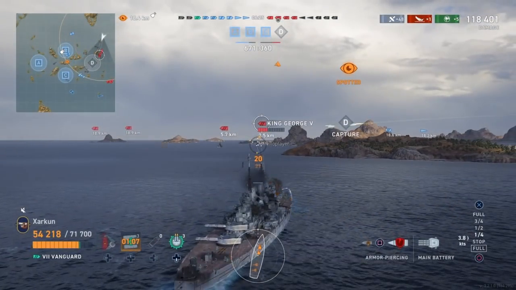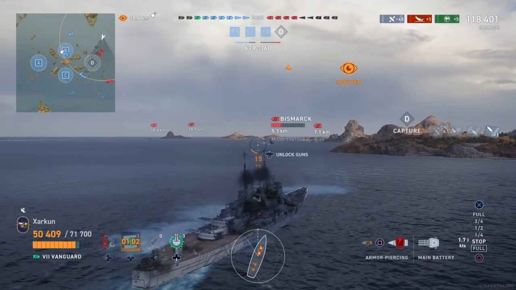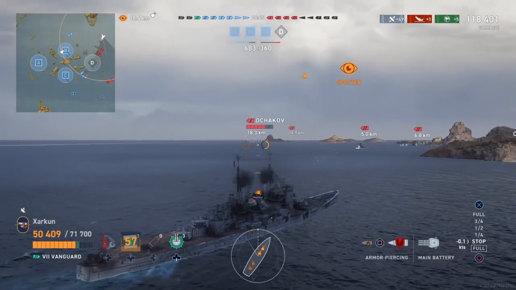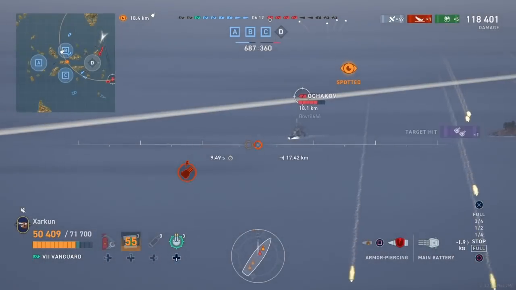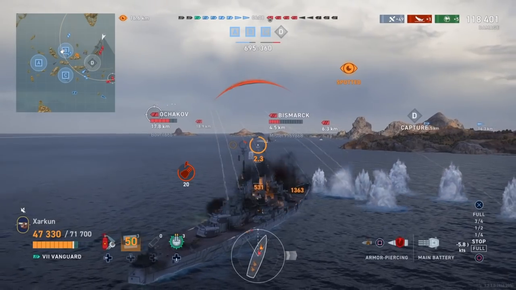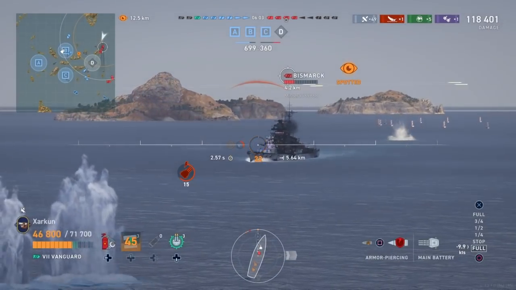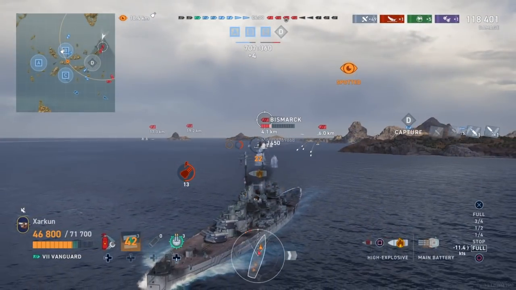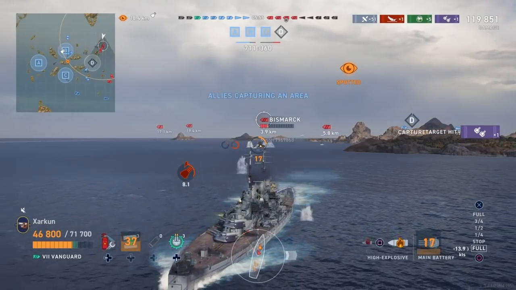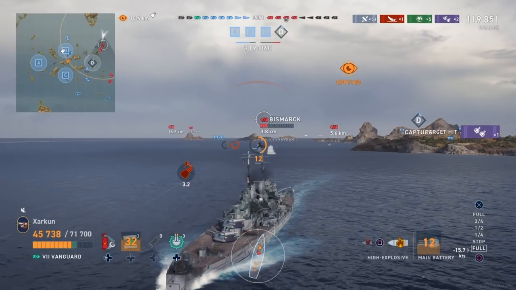There's nothing that the King George and Bismarck can really do to me aside from trying to burn me down, as long as I'm not giving them broadside. And I'm not. I've come to a complete stop, and now I'm going to start reversing. Not an ideal situation to be in when you're using the Vanguard, but something that you can get out of, especially when the enemy team comes to one side of the map, cedes map control across the entire rest of the map and dies to your teammates, and suddenly they're caught in a little bit of a crossfire,